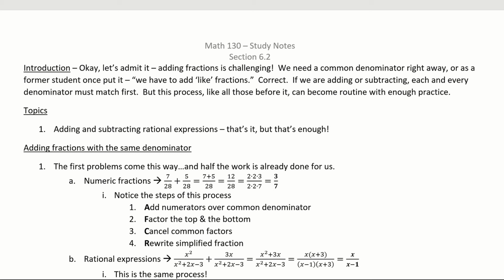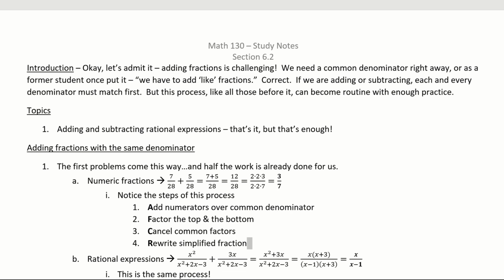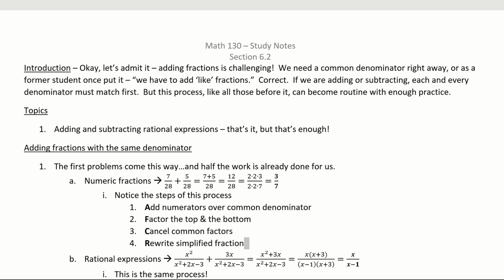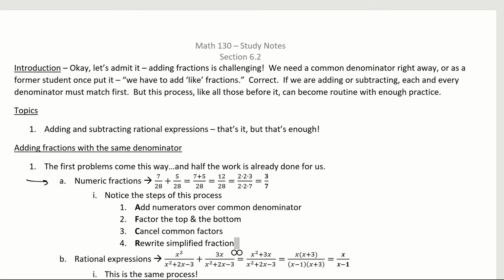Okay, this section is going to be a two-parter. It's about how to add and subtract rational expressions, that is, polynomial fractions. As we know about fractions, when you're asked to add these together or subtract them, it's really cool if the denominators are the same, okay? If the denominators are the same, you get to do what they call add like